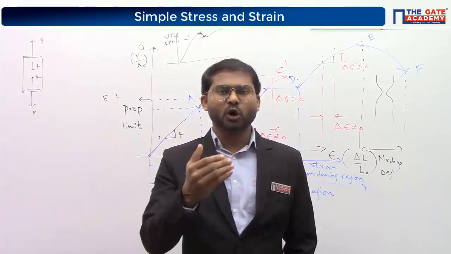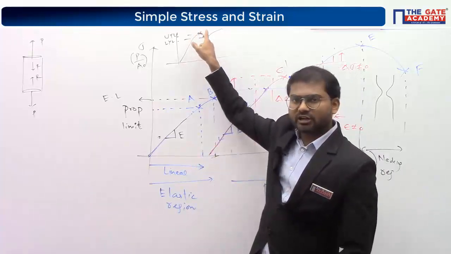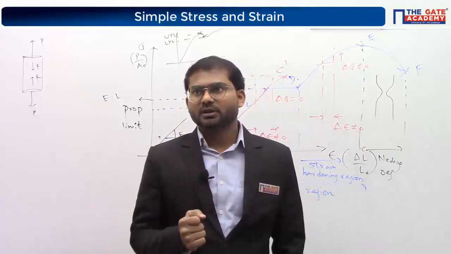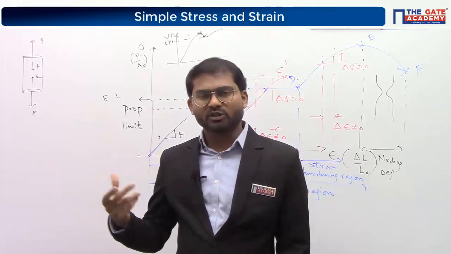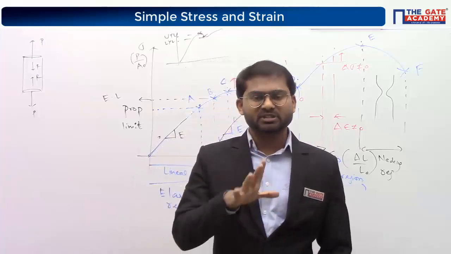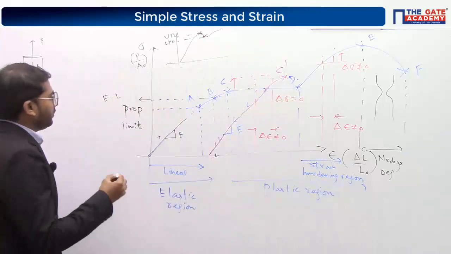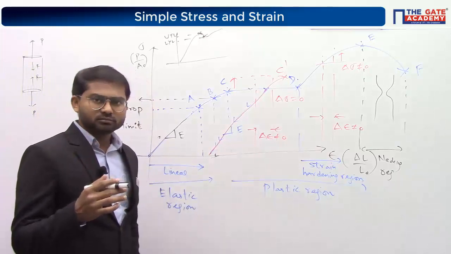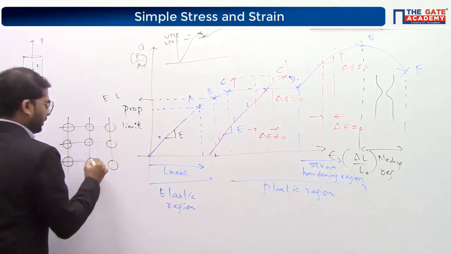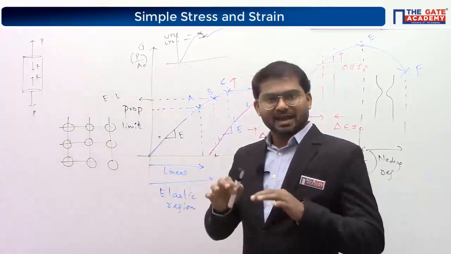And if you'd like to know why you get an upper yield point first and then a lower yield point, you should go into a little depth of the metal science subject. I'm just giving you the basic idea, so that you will not have any confusion. You can go into the depth of the concept when you are studying manufacturing engineering. So what happens is, basically you have mild steel with two elements, iron and carbon. Iron will take the main lattice positions like this. Again, this is not my part of the subject here. I'm just giving the answer which I have at a basic level.